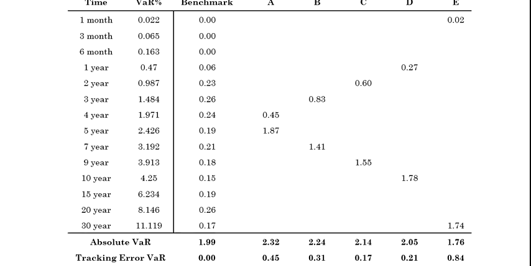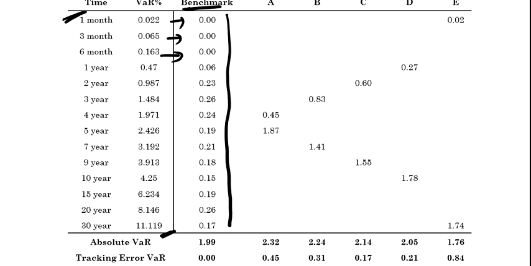So now I can compare the VAR of the benchmark portfolio with the VAR of each of my 5 portfolios. Clear? Earlier we have seen the VAR percentage for only maturities of 1, 2, 3, 4, 5 years, but now we have the VAR percentage for 1 month, 3 months, 6 months, 1 year and so on. So these are my VAR percentages, and now I am calculating the benchmark VAR for each maturity. Now how have we got this VAR?